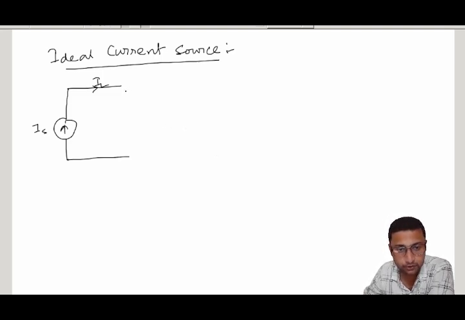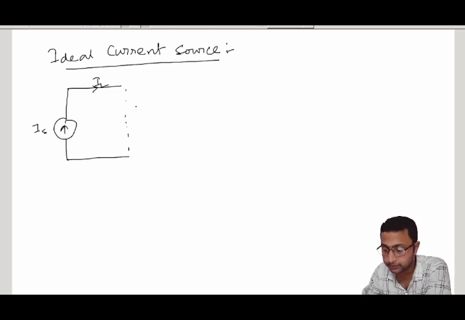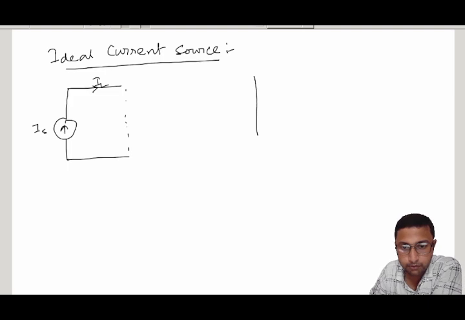If we connect a load to this terminal, whatever current is given by the supply, the same amount of current is flowing through the load. Any change in the load circuit does not affect the output current. If we increase the load or decrease the load, it does not affect the output current. But again, ideal current sources are practically not possible. So, if we plot the graph,